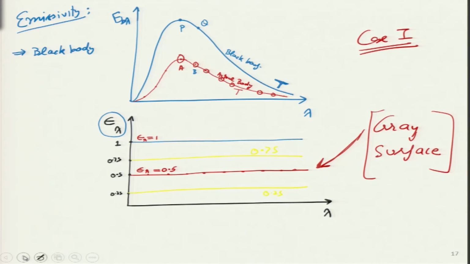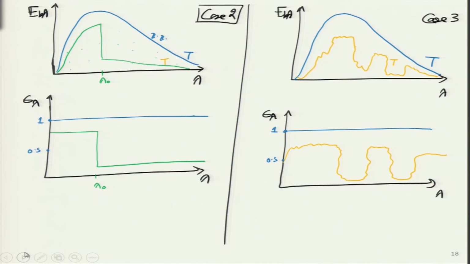Okay, till this point is it clear? Good. Then we go to case 2 over here, this funny looking green curve. What it is actually telling us is that in part A, this regime A over here, it is kind of behaving like a gray body, because over here its emissivity, the way I have shown over here, is 0.75. So, in this region it is a gray body.